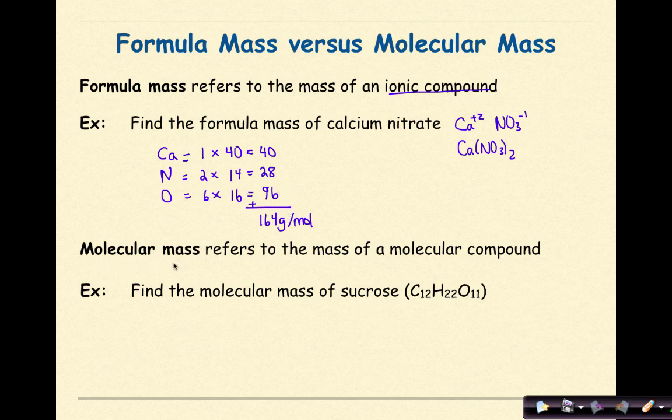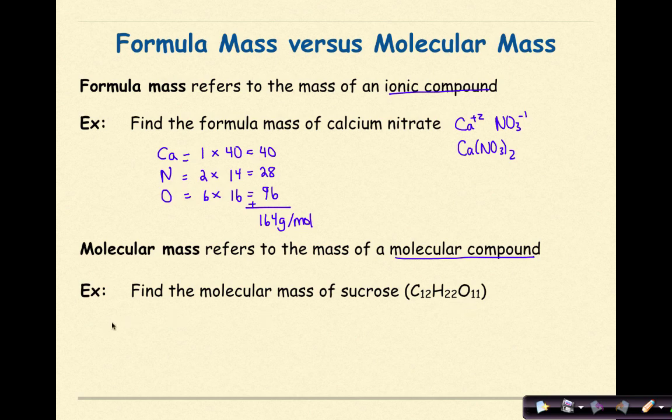Molecular mass is more specific. Molecular mass refers to the mass of a molecular compound. And remember, when we hear molecular, we think molecule. When we think of molecule, we think of nonmetals. And when we think of nonmetals, we think of covalent bonding. Just a little review. Find the molecular mass of sucrose, and the formula is given,